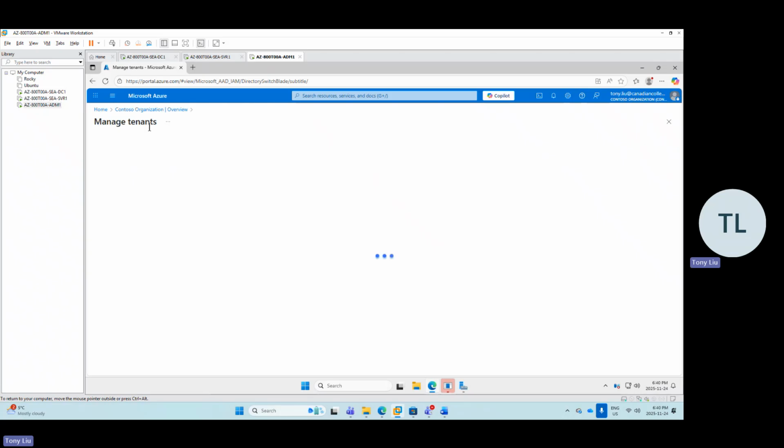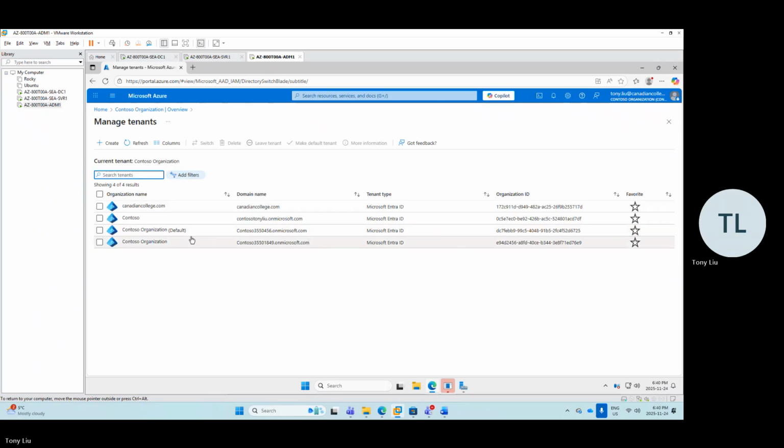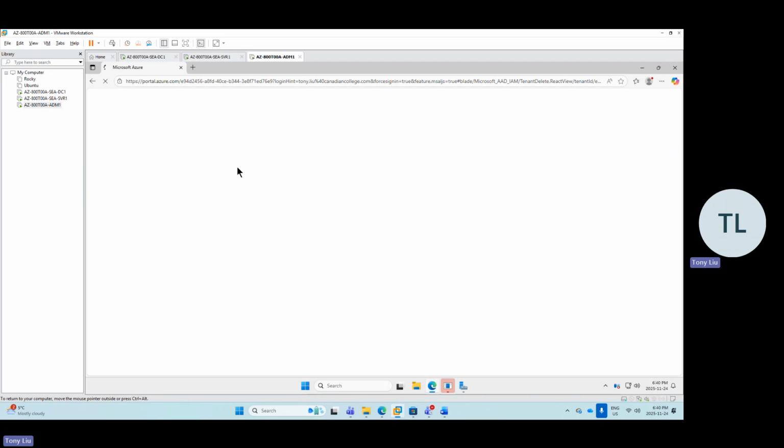So click on Manage Tenants, and you say Create. These were created before, but I cannot delete them. I don't have permissions. So if I delete it,